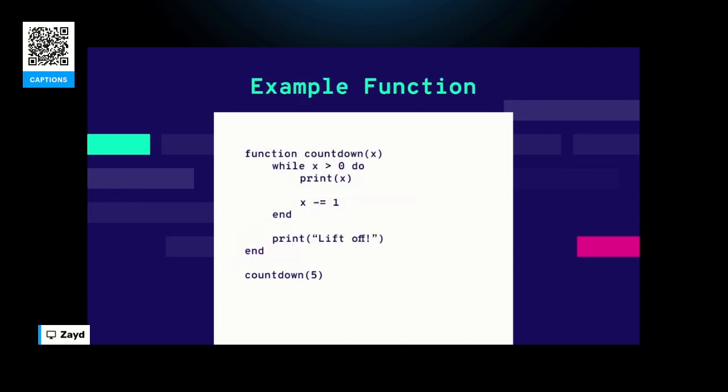Here's an example of the while loop that we used earlier. We could call the function countdown, and we pass in the value, which is the 5, for it to count down. And so it will loop through and count down and print liftoff when completed. As you can see, I put 5 inside the parameters when I'm calling countdown. In the creation of the function, we have an x. That's going to be the value that's being passed in. And from there, it's going to loop through. And once it's done, print liftoff.